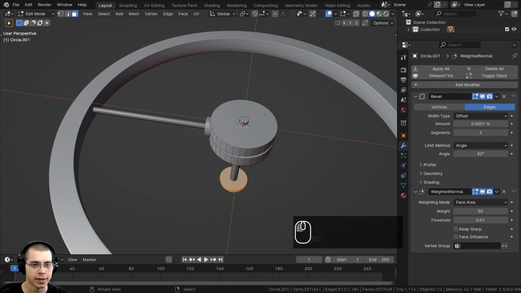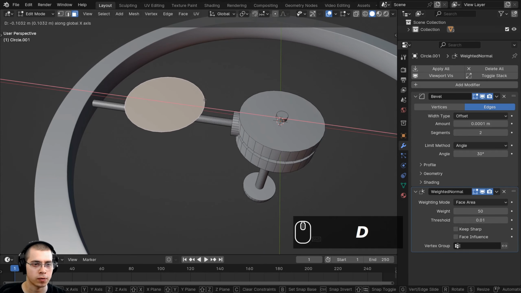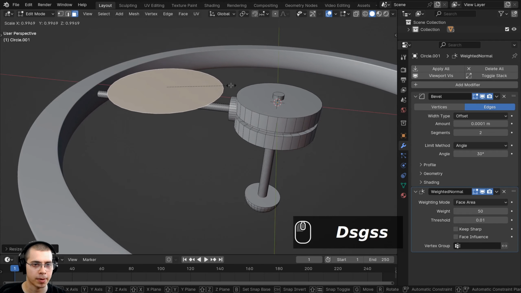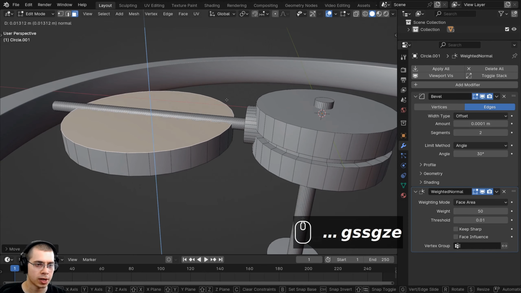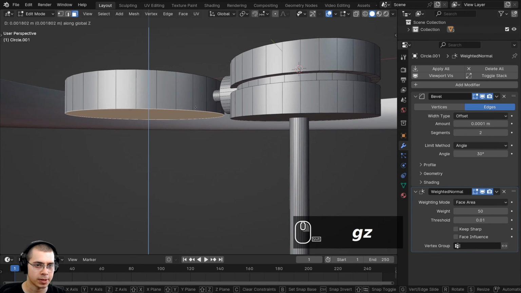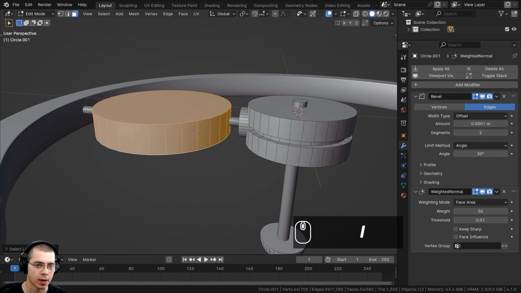So what I'll do is go to the face select, and I can just select this face. I'll press Shift D to duplicate it and bring it over on the X axis, and then I can scale the entire thing up and just make it about that big, and I can bring it down on the Z axis, and then I'll extrude it up on the Z axis. All right, maybe bring this piece up a little bit, and then I will press the L key with my mouse hovered over that weight plate there.